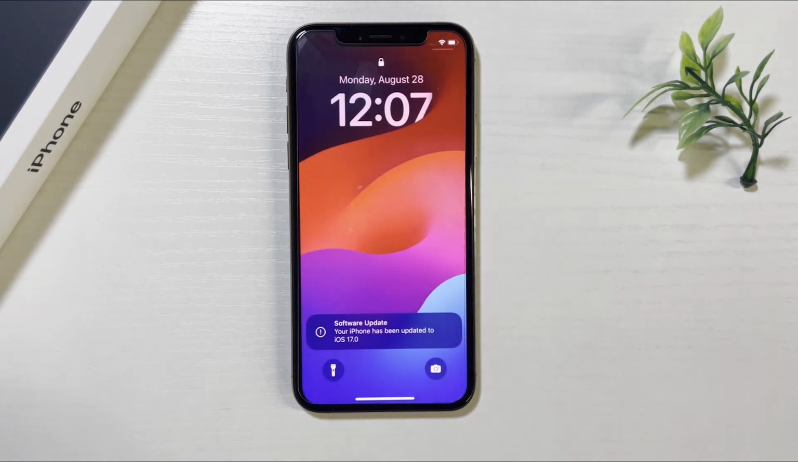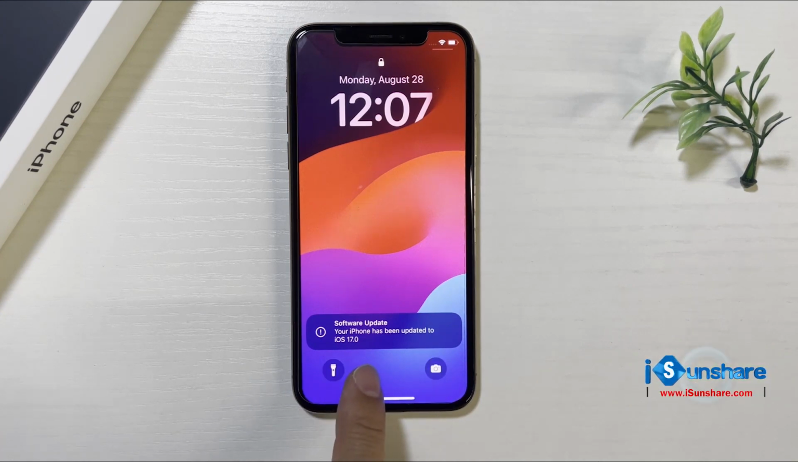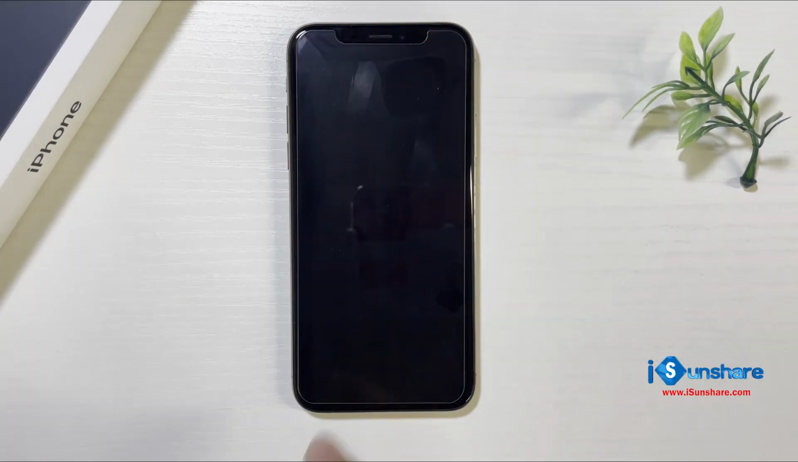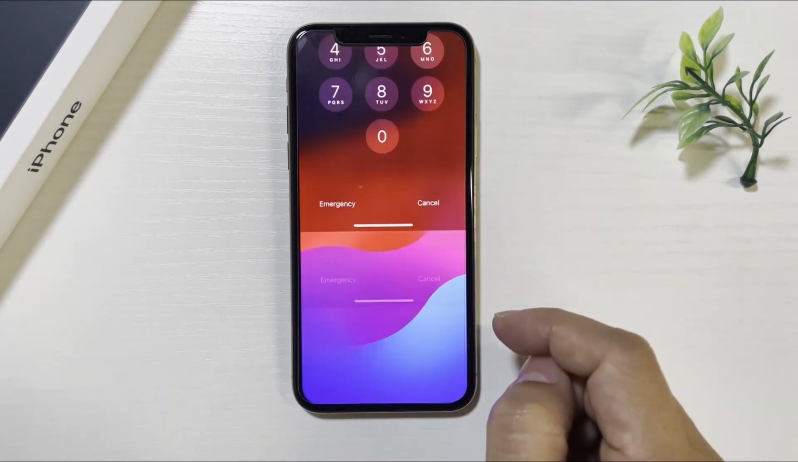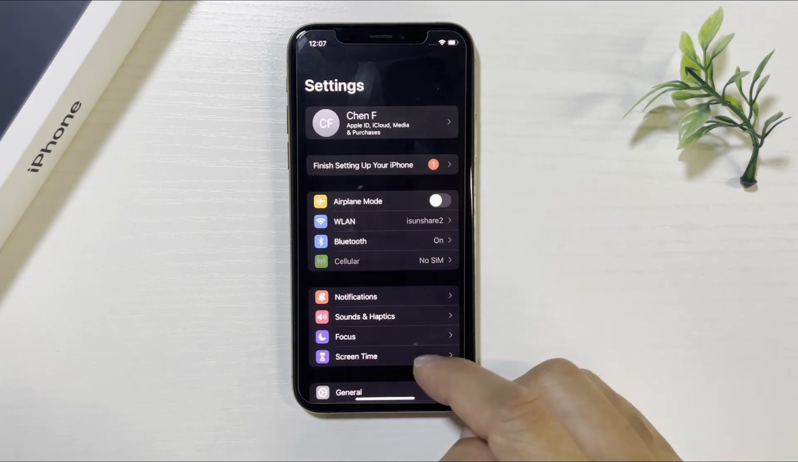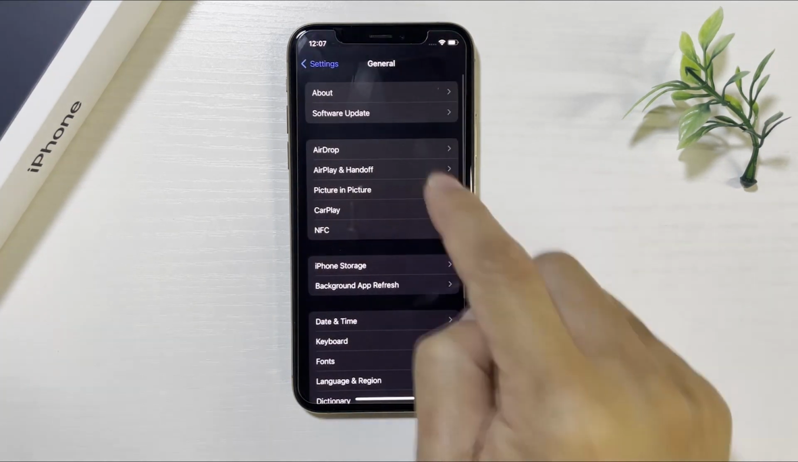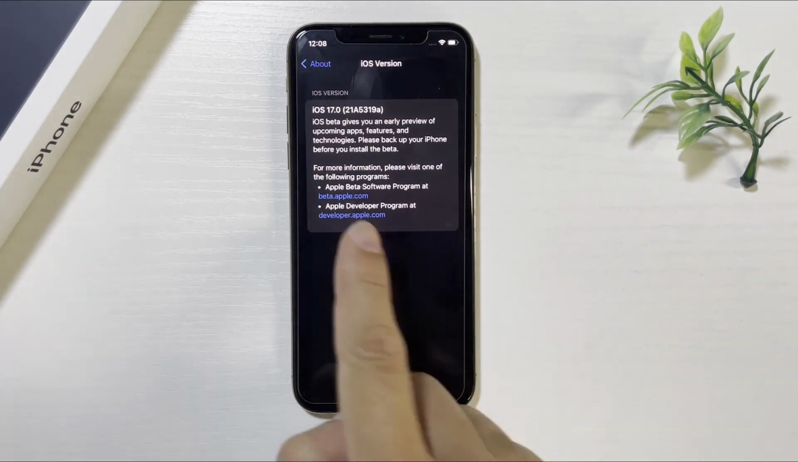In the end, you can see a software update notification on the iPhone lock screen. You can unlock it and then check the iOS version. Tap Settings. Tap General. Tap About. Tap iOS version. Now the iOS version is